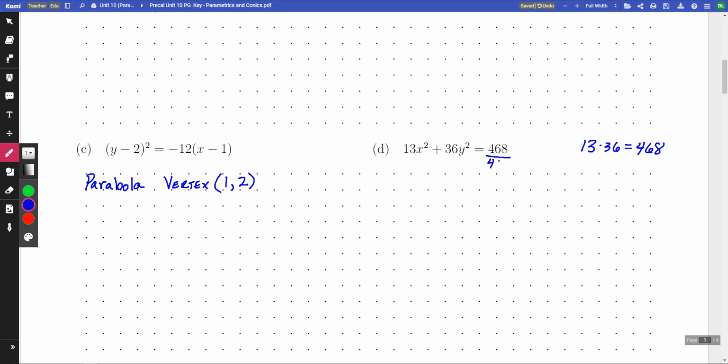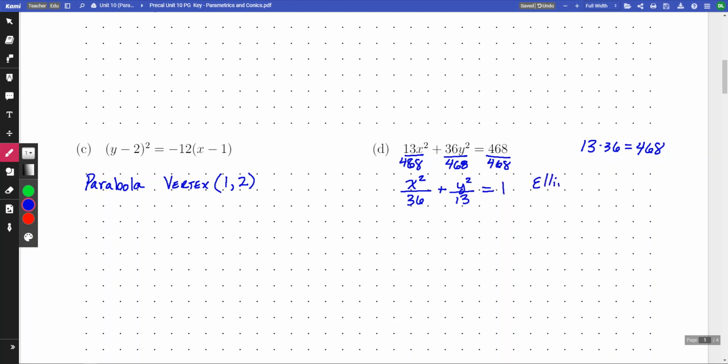So if we divide each term by 468, what we're going to end up with is an equation that is x squared over 36 plus y squared over 13 is equal to 1,